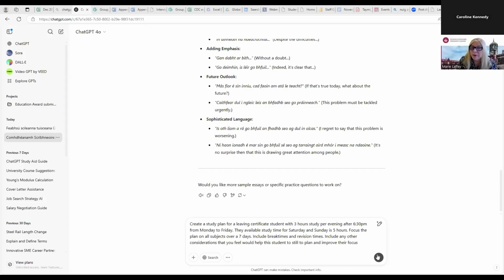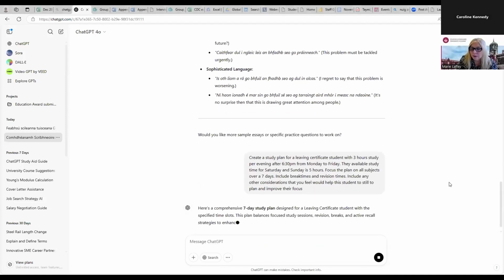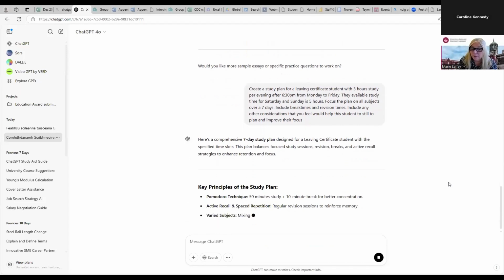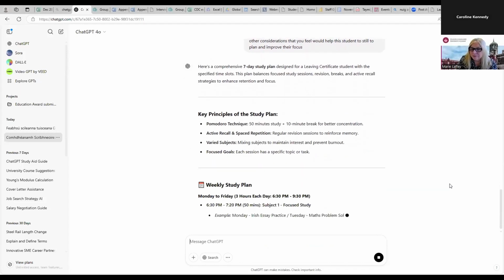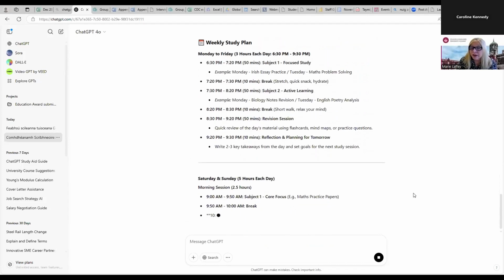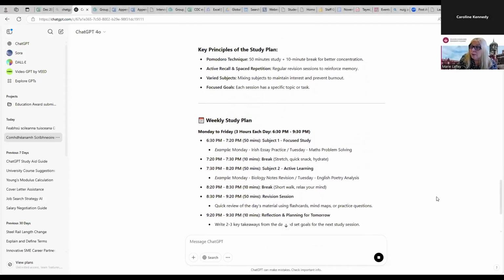So here I've just cut and pasted this particular prompt that I've written, and you'll see now what it came back with in terms of an output. So you can see it there, how quickly it's coming back. So we have the principles, it's using the Pomodoro technique, which is really good because I had said I'm a student that needs to focus or struggles to focus. So you see what the plan is based on.